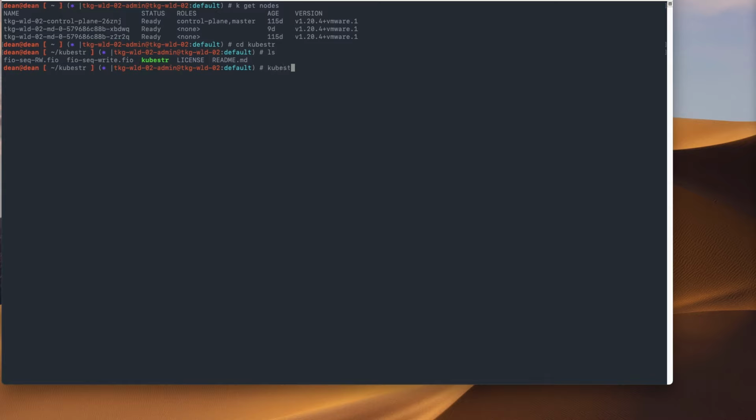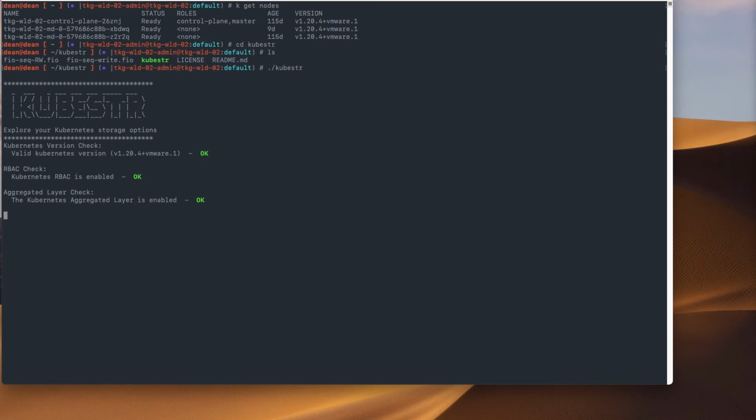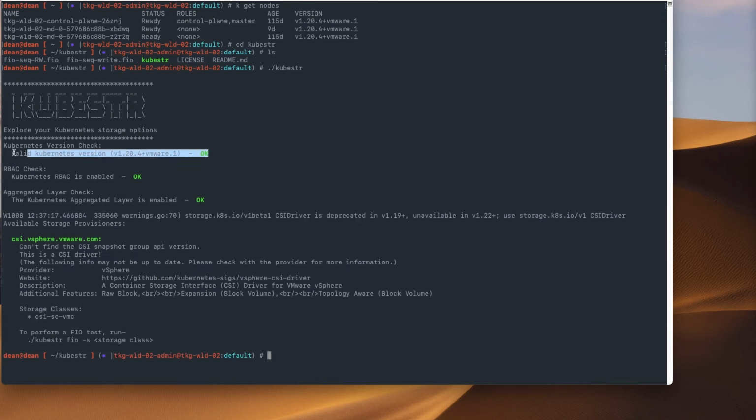So the first thing I'm going to do is just run Kubester in my environment, and if I just put / on there, it's just going to check. So it checks my validated version. Have I got RBAC enabled? We can see here there's a warning about using the beta for the CSI driver. You can see that we can't support snapshots in here, so that might be a problem from a data protection point of view. You can see the storage class that's available,